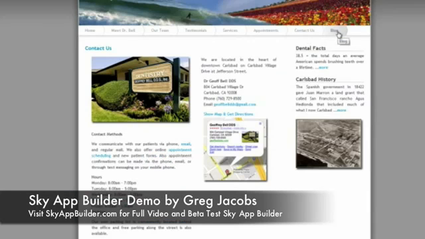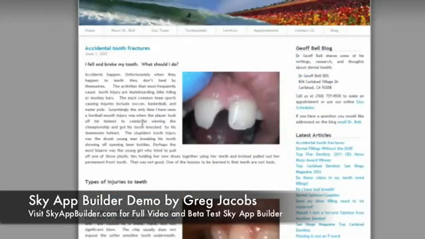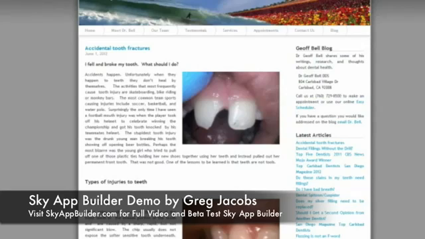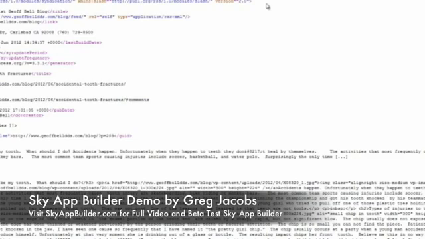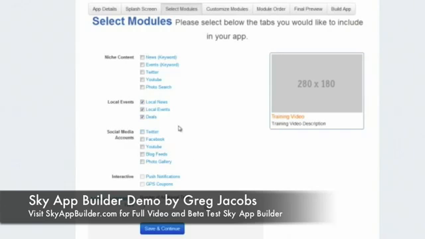Bell had a blog. Yep, Dr. Bell has a blog, and so what we can do is we can actually go and include the blog feed on there. When you go and find a blog that you want to include, you just go, I'm sorry, you can't see it, it's kind of off the recording area, but /blog/RSS. And that's going to give you the URL like that. Just copy it. It's in the PDF training, so don't worry if you didn't quite understand what I just did. So then you can just copy that in there, okay? So other things, we'll cover the other ones in the niche video. So like if you were making a niche app or something,